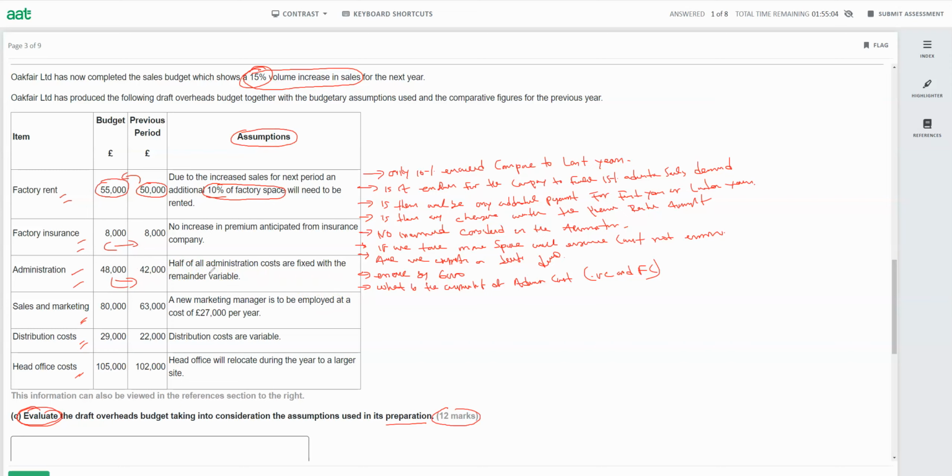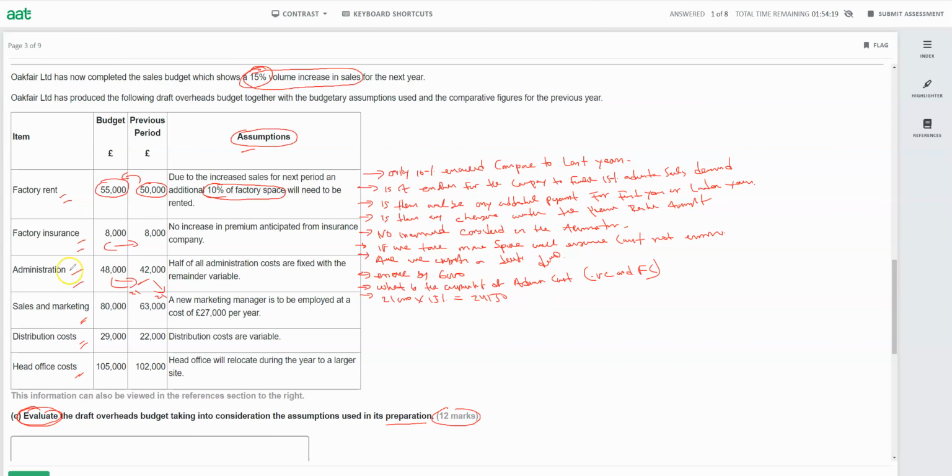So I need to say, like, is it reasonable? So we will say, are we expecting the fixed cost will be increased significantly? Because we can see here variable cost is only increasing by 15%. Now here on the assumption it says half of the admin cost are fixed with the remainder variable. So that means on 42,000, 21 is variable and 21 is fixed. Now if you look at the calculation, so 21,000, if the variable, if we increase by 15%, then it will be